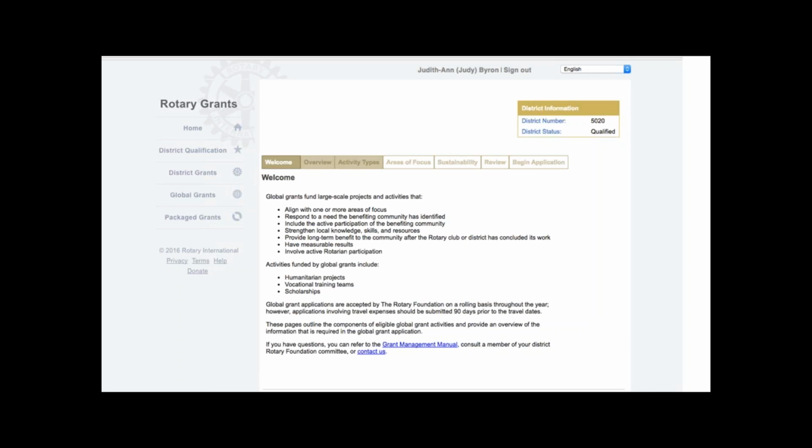Yes? Rand? There used to be a facility that Bill did a couple of years ago where you could put in a dummy grant for practice. No, we don't do that anymore. And you know why? Because once it's in, you can't get rid of it. So you're going to have a lot of dummy grants in there. Yeah. No, we don't do that anymore.